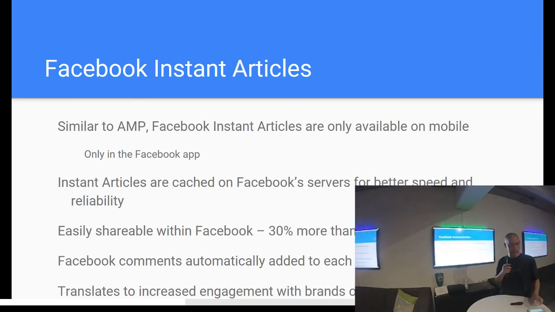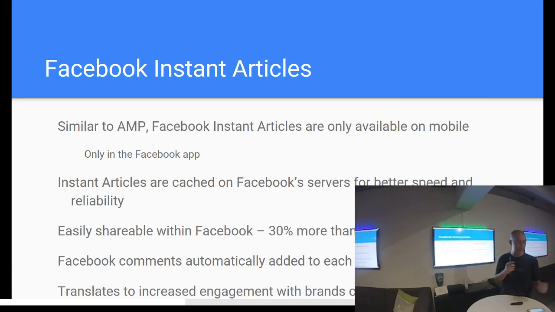So Facebook Instant Articles are very similar to AMP pages. You may have seen, if you're on Facebook a lot and you read a news article, when you click on a link, you don't have to wait for an entire website to load. Facebook Instant Articles are just like the Google AMP pages. They're cached by Facebook, so it's a benefit to you because it's right there.